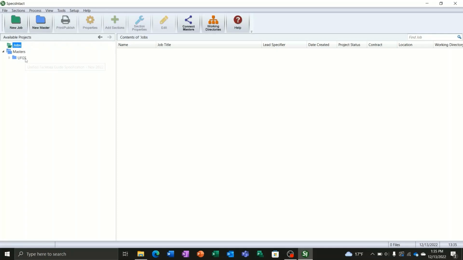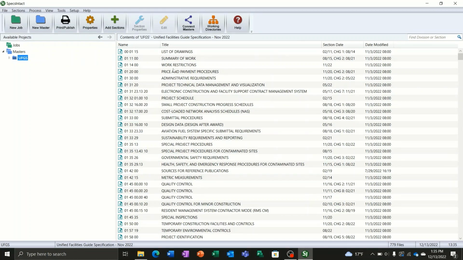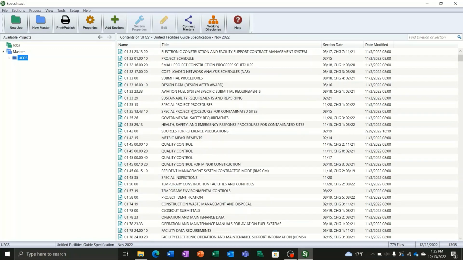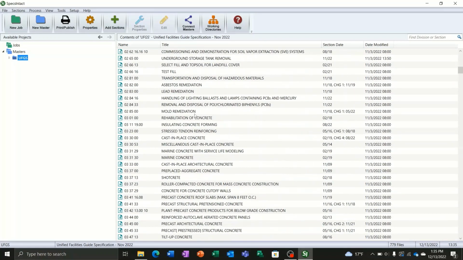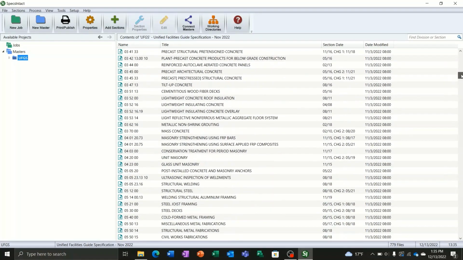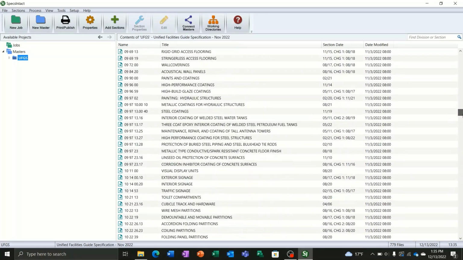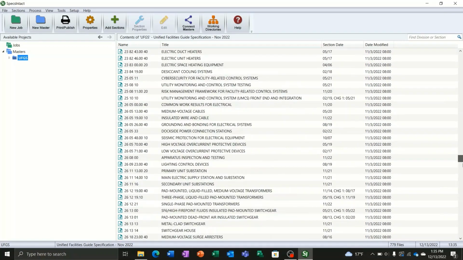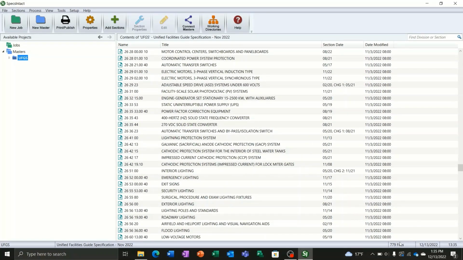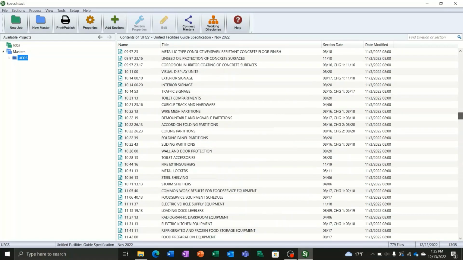But masters, I've already loaded the UFGS specs in here. And so when we click on that, then it's going to populate on this right side all the different sections that are included in this template. So all these templates, these are all the SEC files, and as I scroll through, you can see there are a lot in here to work from. And way at the bottom here, it even says we have 779 different files, different templates to work with in